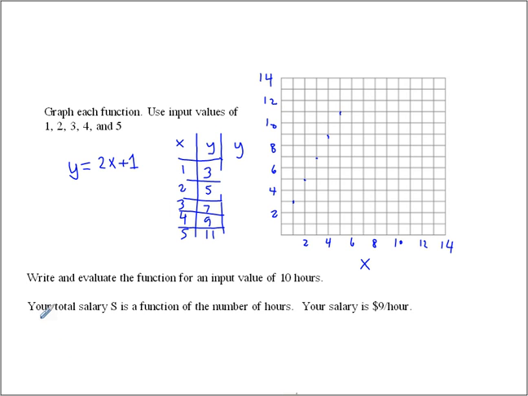Now, if you were asked to write and evaluate a function, what you're asked to be doing is to relate the two things together. So if you have a total salary of S, and that's equal to your salary, which is $9 per hour. And what do I need to know? I mean, you don't just make $9 total no matter what. It's going to be times the amount of hours you actually have. So in this case here, if I plug that in, that's going to be your total salary for 10 hours. It's going to be $90,